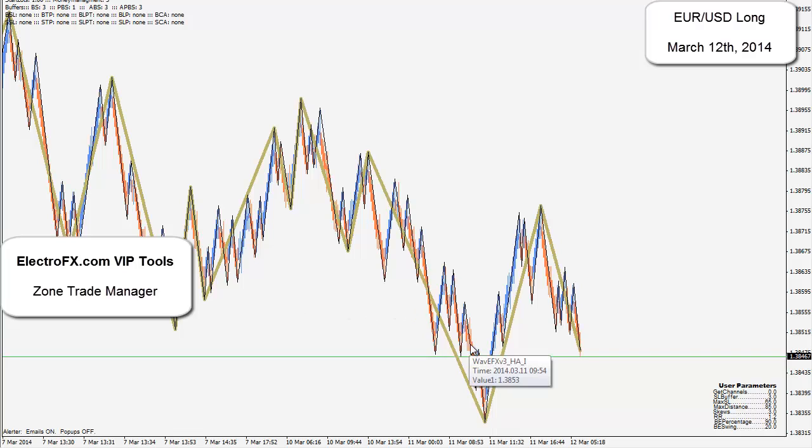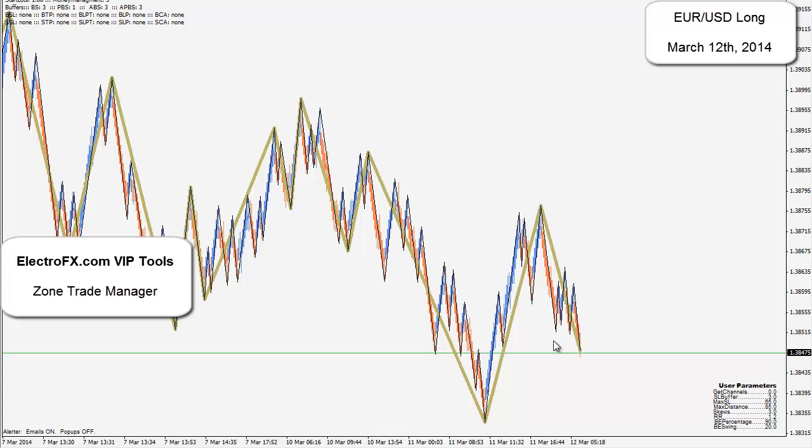Today we have the euro dollar. It's 12th of March. The morning has begun. We've had this little push down. I do have my eye on something on the daily chart, and I do believe we're going to have a lot of buying today. So I'm going to prepare for that using the Zone Trade Manager,